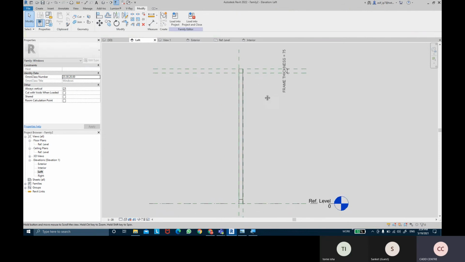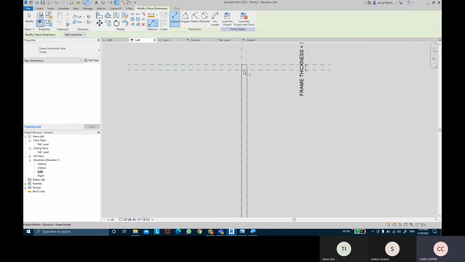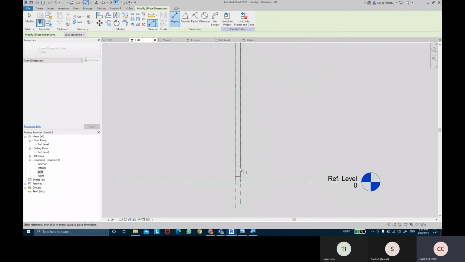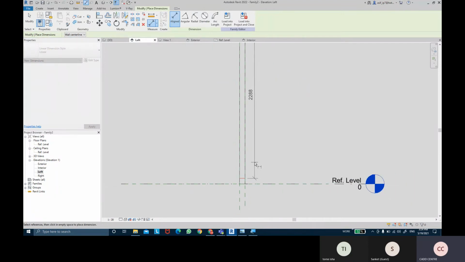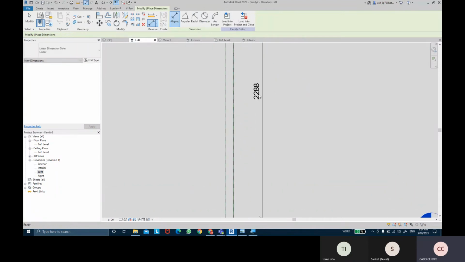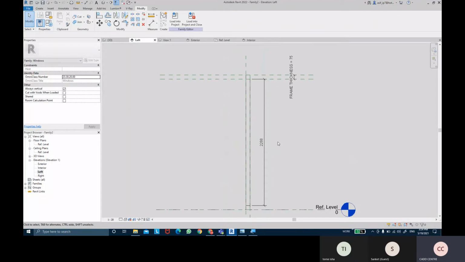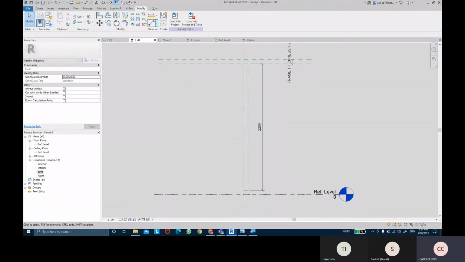Okay. Now the glass height would be up till here. So this would be my glass height, 2288 mm. So what I'm going to do is create a glass of that specific height.